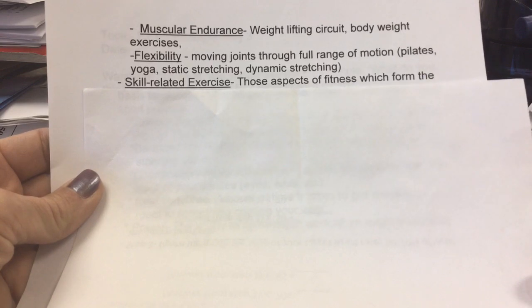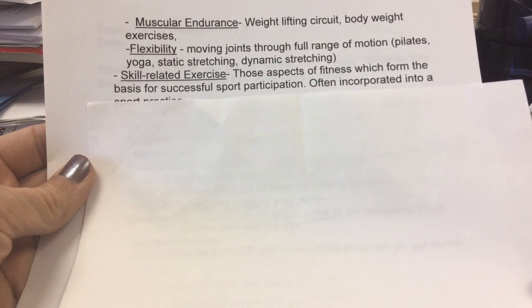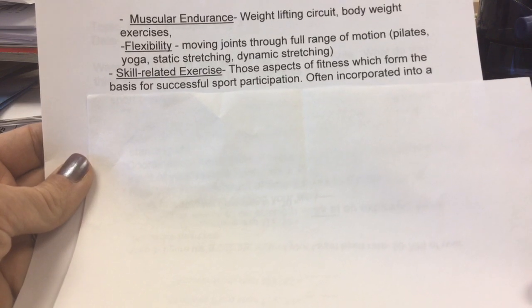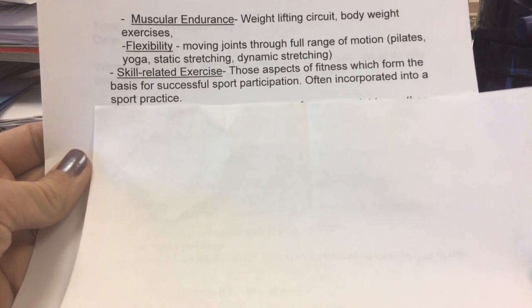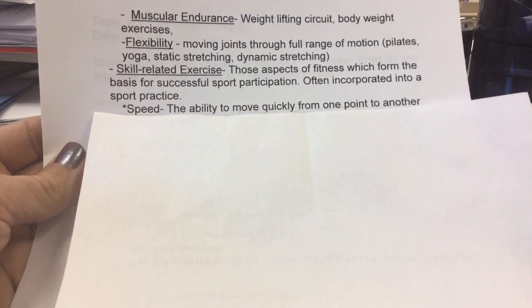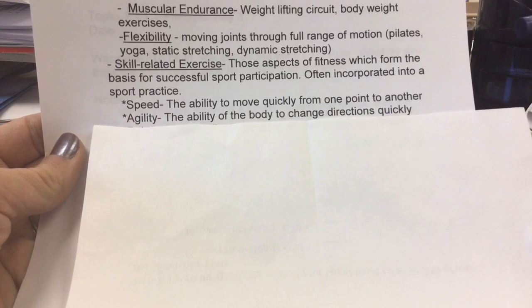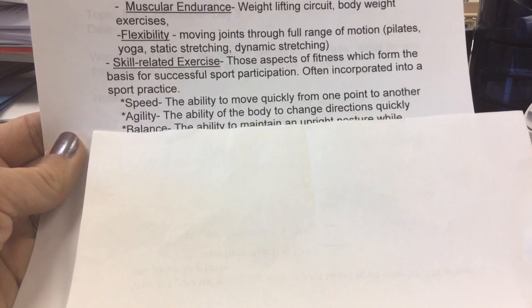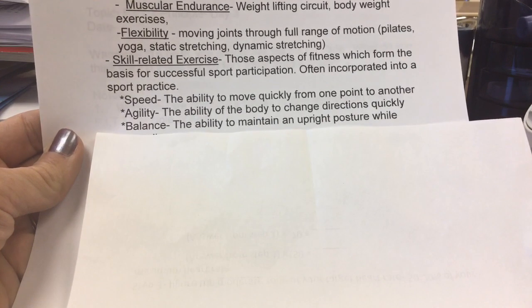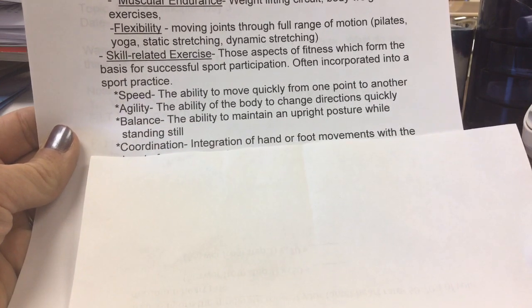Skill-related exercise are those aspects of fitness which form the basis for successful sport participation. It's often incorporated into sport practices. So these are the things that help make you a better athlete. Speed, being able to move quickly from one point to another. Agility, the ability to change directions quickly. Balance, the ability to maintain an upright posture while standing still. Coordination,